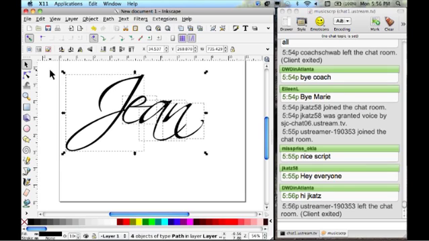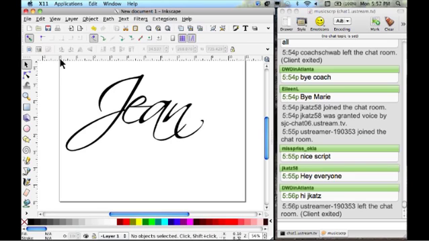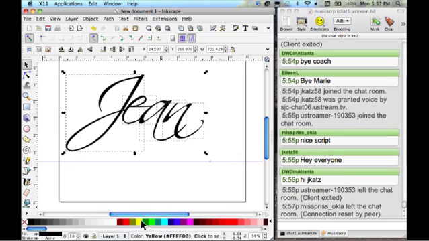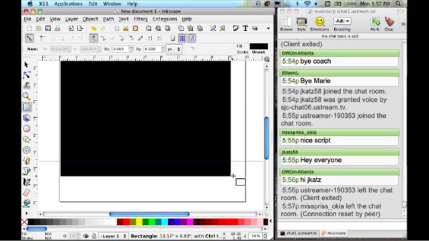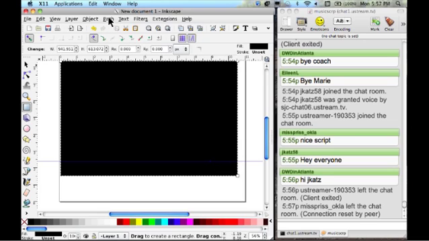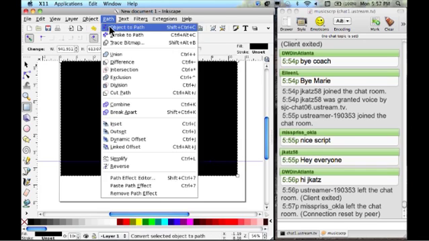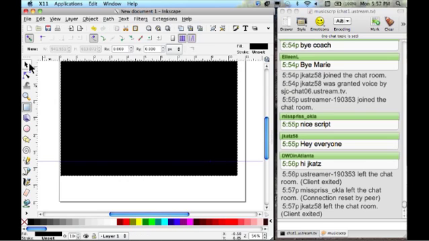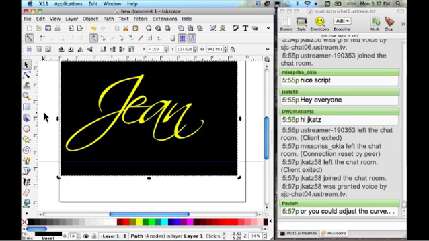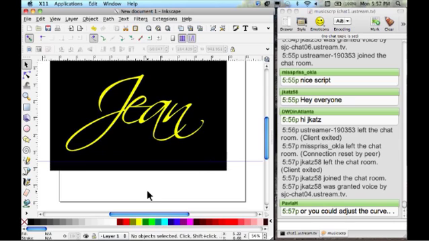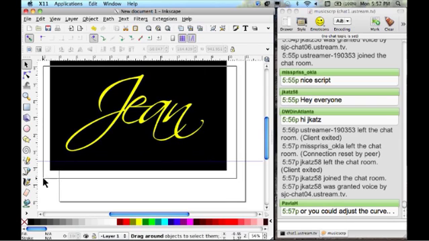Let's group. Actually, I'm going to make that. For whatever reason, I usually like to make my top layer a color. This is just personal, it doesn't matter. It works either way. I like to make my back layer a rectangle, so it's an object. I have to make it a path. And now I can send it to back. For whatever reason, I always seem to like to make my back layer black and my front layer. Now, if I took this,